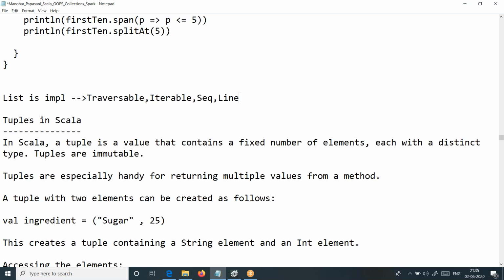Sequence and then linear sequence. If I'm not wrong, please check this once and cross-check this linear sequence. So these are all the parent traits of List, and List is an implementation class of all these traits. Okay,